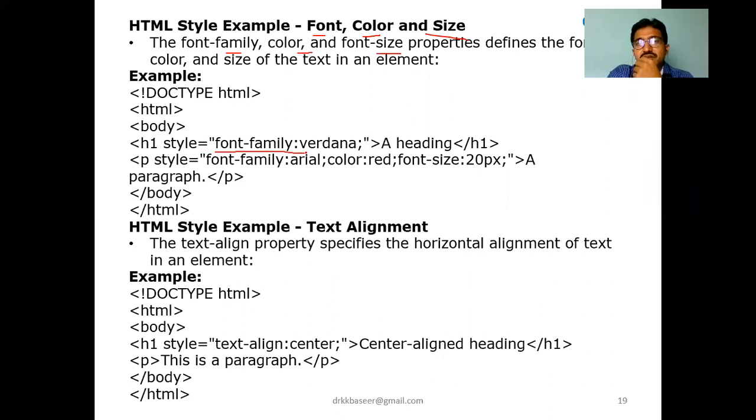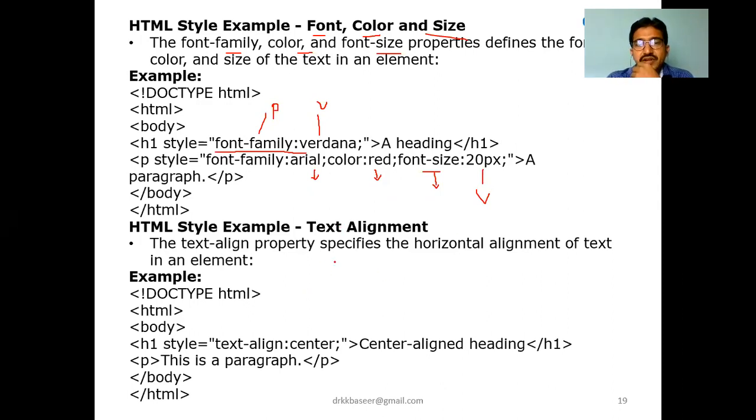Font family: we have different font families, Times New Roman, Verdana, Bahamas, all. Font-family is the property here, and Verdana, Times New Roman or Bahamas are such values for this. And font family here is Arial. And for the color, you can use red. Font size is another property. Font-size is another property, and this is a value. So 20 pixel, we can use 20%, 30%. In the form of different dimensions we can use this, which we'll discuss in upcoming topics.